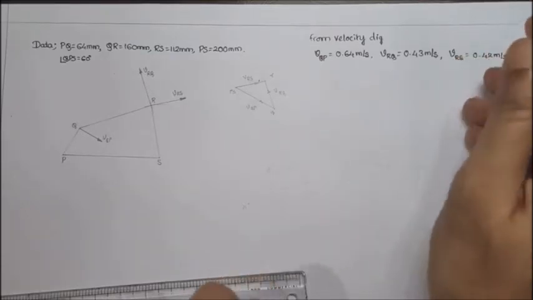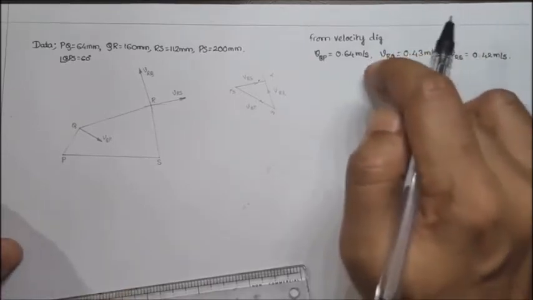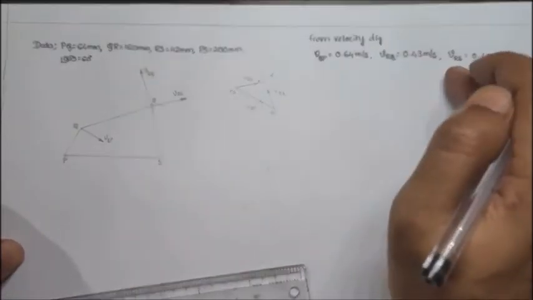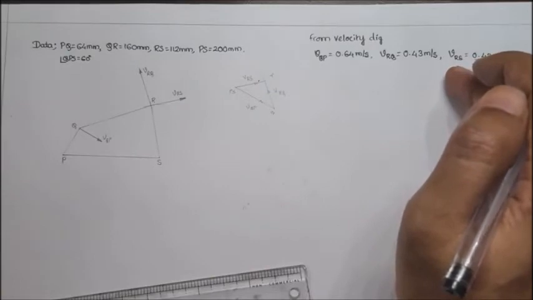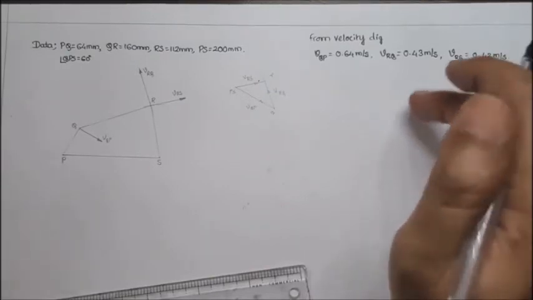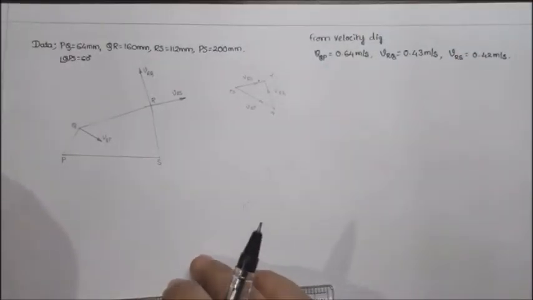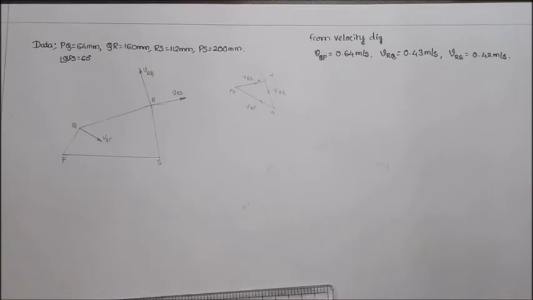Why this is required and how it will be used, I will tell you later. But these are the things which we require from our diagram. So after using this, what we need to do next? As I have told you, we have the acceleration component, so we have to identify the acceleration part on the given link.